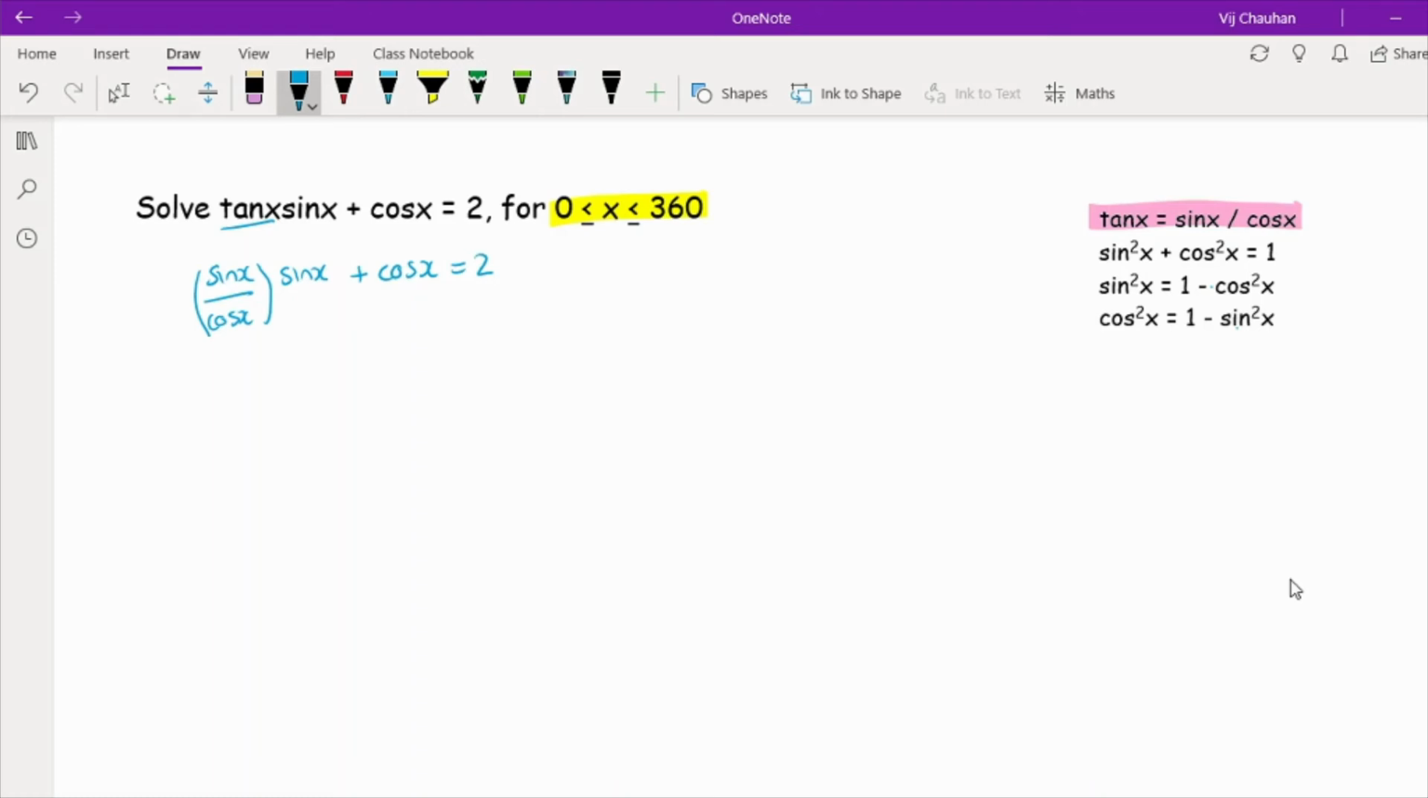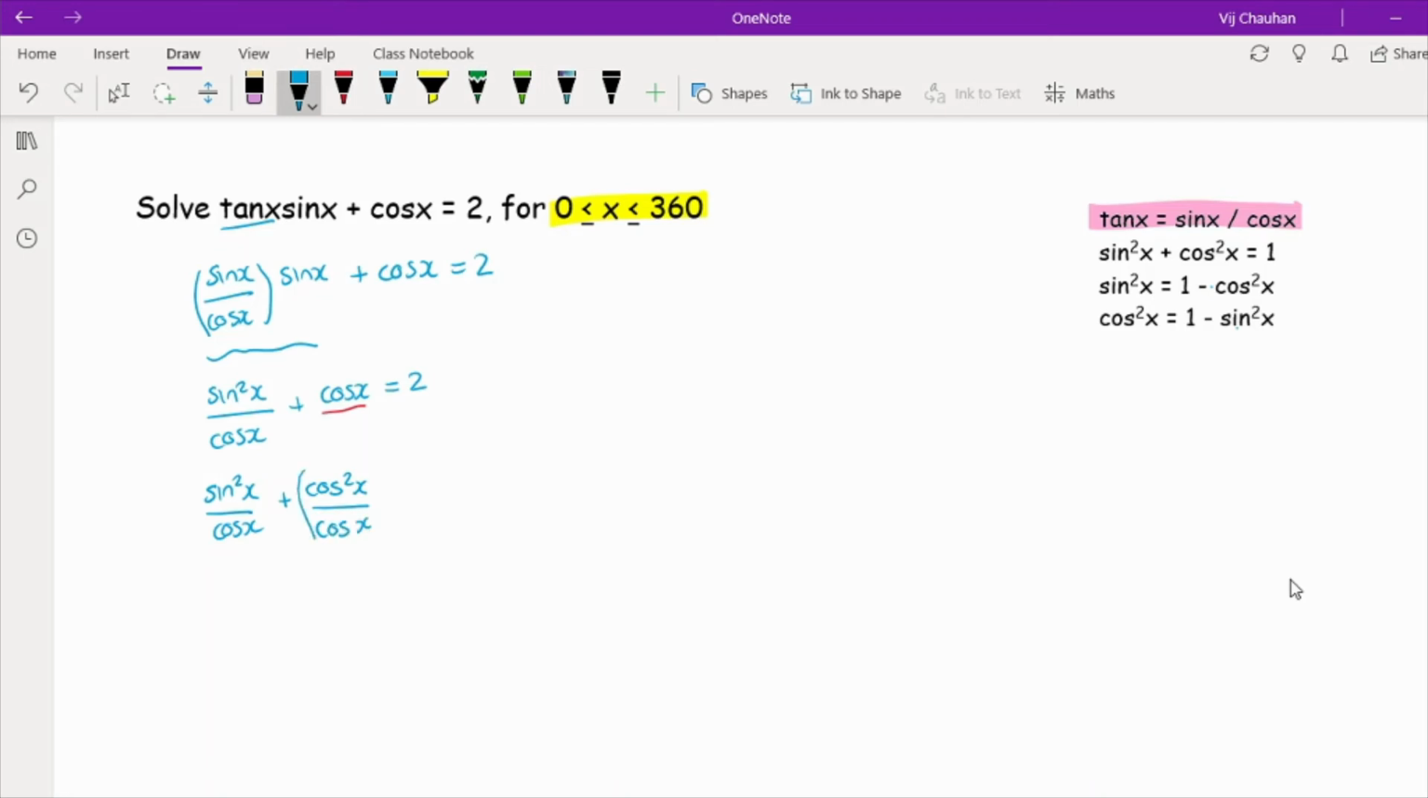So from this, if I simplify this little bit here, I get sine squared x over cos x plus cos x equals 2. Now, some of you might be thinking, well, now that I've got sine squared x, let's swap it for 1 minus cos squared x, and you can do that, but my initial thought is to try and write this as a single fraction. So I'm going to write cos x in the form of a fraction where my denominator is going to be cos x. So I write sine squared x over cos x plus, with a common denominator of cos x,